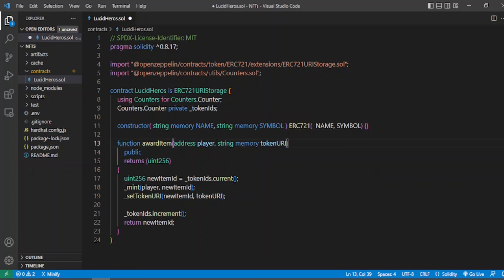Then this is not a gaming smart contract, so I'll remove this player. I change this function to mint token. Alright, let's see what it does. Returns you int item ID, then it mints to the player, but since we've got rid of the player, let's change this to